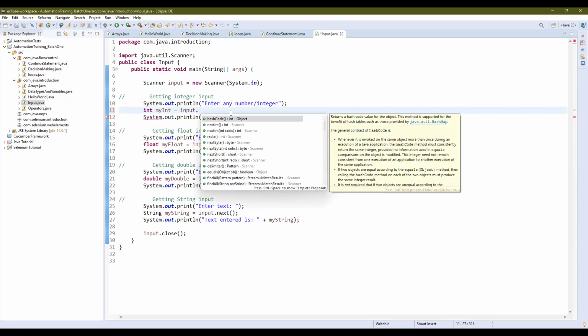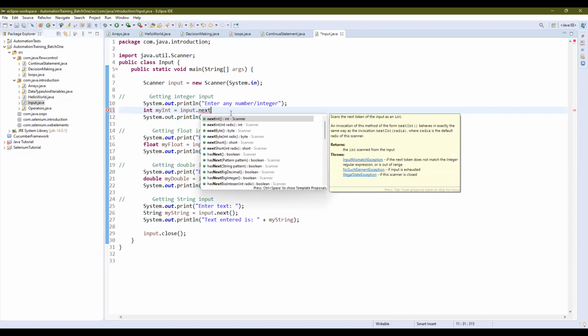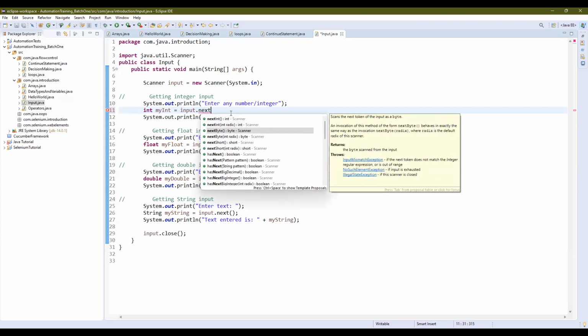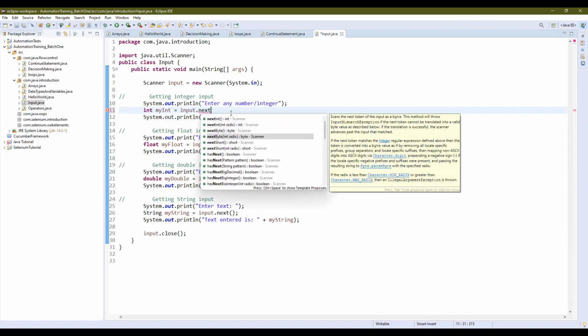Okay. When you type next, you will see different methods are available, like nextInt. Then in the bracket we can pass one more argument, the radix, right? We have nextByte, nextShort, for all the primitive data types which we have learned in the last session.